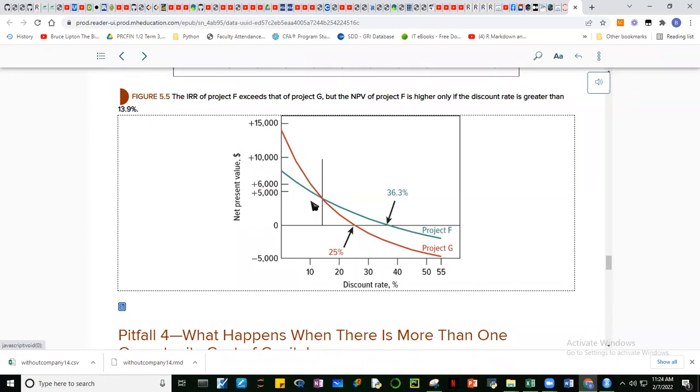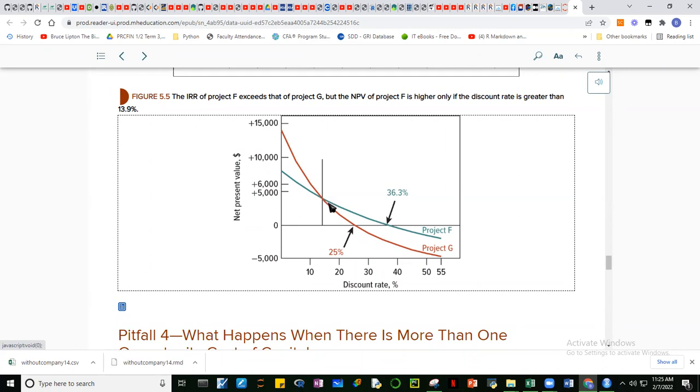Because if we take a look at the NPV profile of project F, yung blue, at saka yung G, yung brown, makikita natin that they have this intersection, itong intersection na to. This intersection is what we call the crossover point. It means that at this rate of return, kung ito yung WACC natin, it doesn't matter whether you choose project F or project G kasi pareho yung NPV nila. But below this WACC, below this rate of return, choose project G. Okay? Dapat piliin si project G.